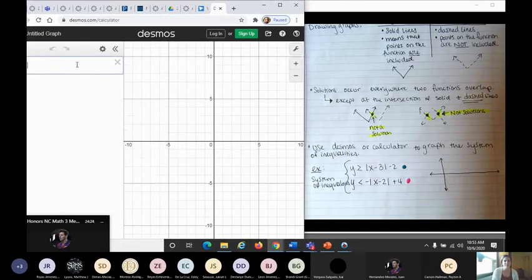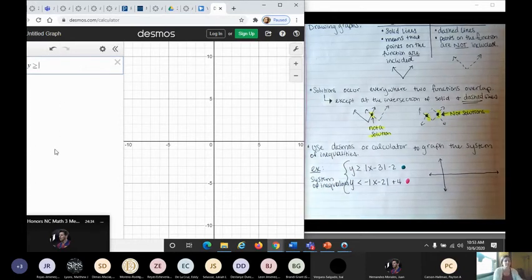And then we're going to go ahead and graph our two functions. So I'm going to have y is greater than or equal to, and then I need to find my little,